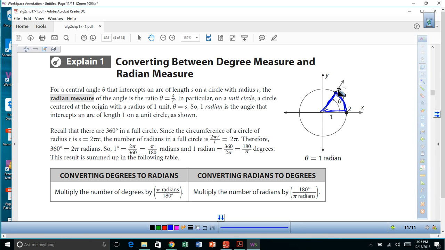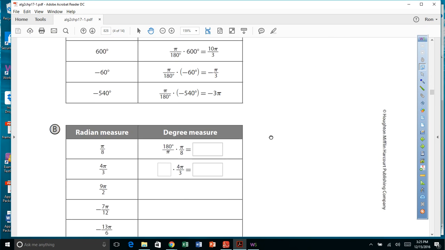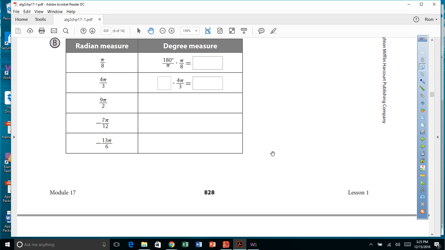So 1 degree equals 2 pi divided by 360, which is pi over 180 radians. And 1 radian equals 360 over 2 pi, which is 180 over pi degrees. So here are the formulas. Converting degrees to radians, multiply the number of degrees by pi radians over 180 degrees. Converting radians to degrees, multiply the number of radians by 180 degrees over pi radians. Example 1, I'll let you read and follow on your own, and then when you get back, we'll do B